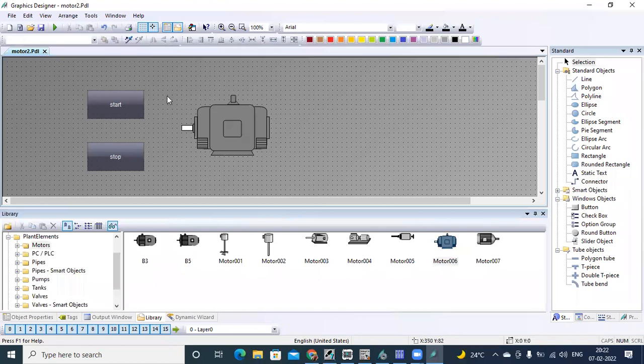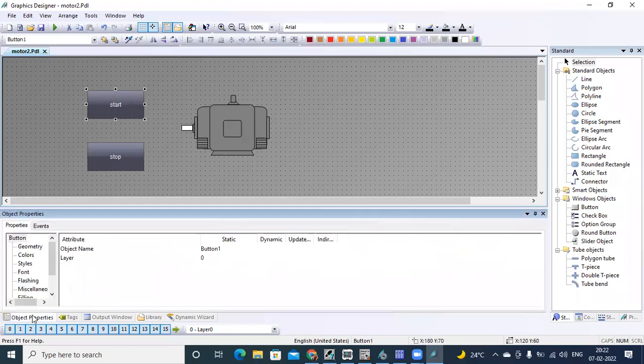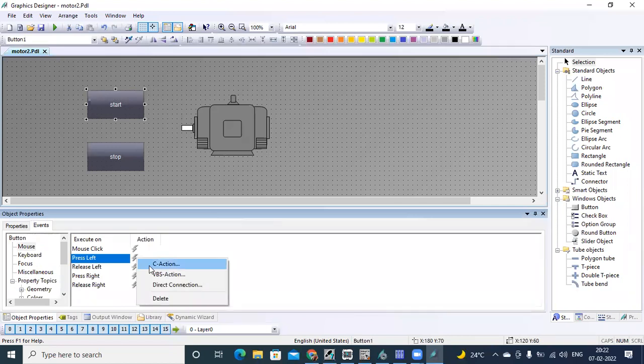Now, just like we gave the tag to the start button in the last class, in the same way go to the properties, under object properties, events, mouse, press left, right click, go to direct connection.